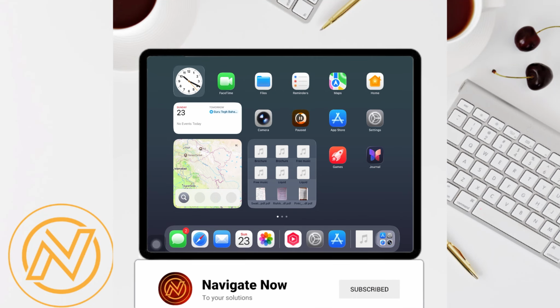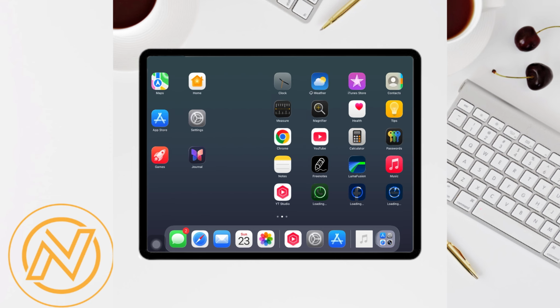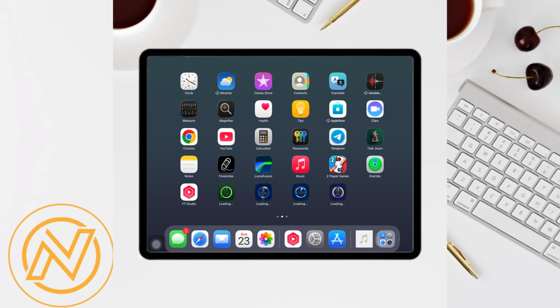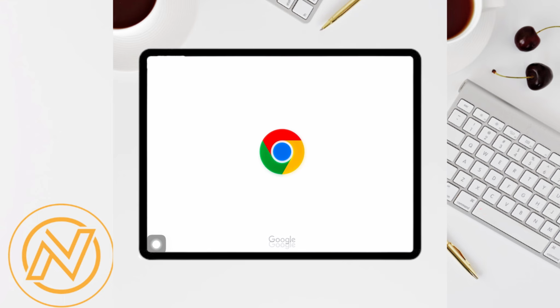Hello everyone, welcome back to our channel, and in this video I'm going to show you how you will be able to split screen on iPad. So for example, you are using some application. So let me open some application for you. For example, I'm using my Chrome browser, let's say, and I want to split the screen and open my note